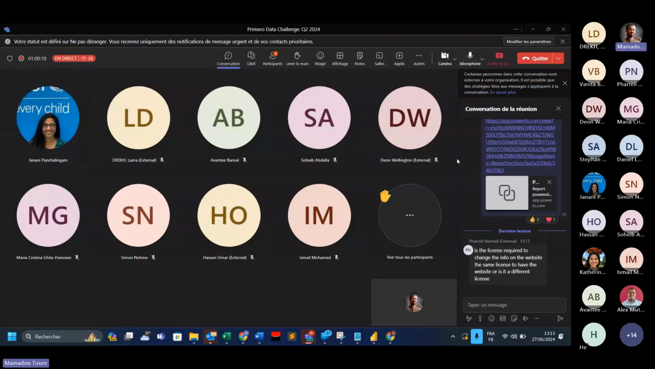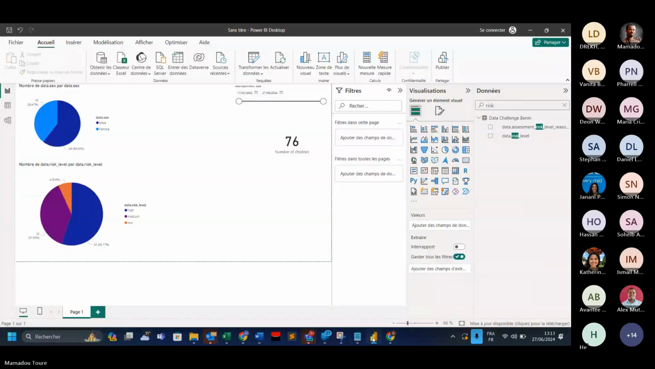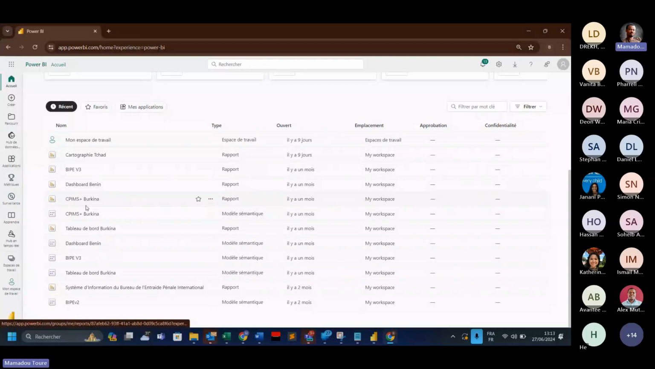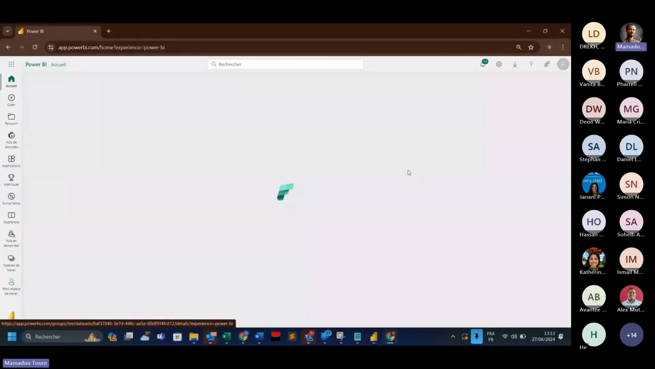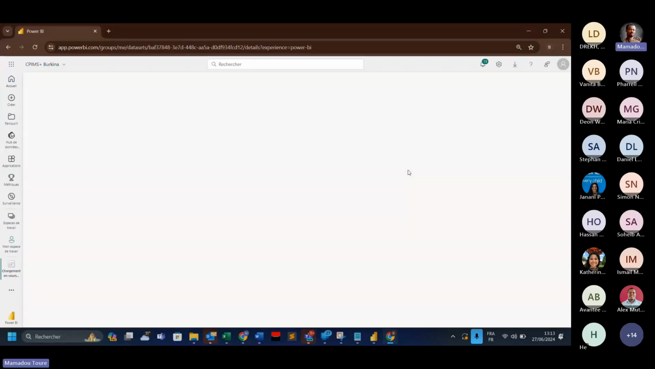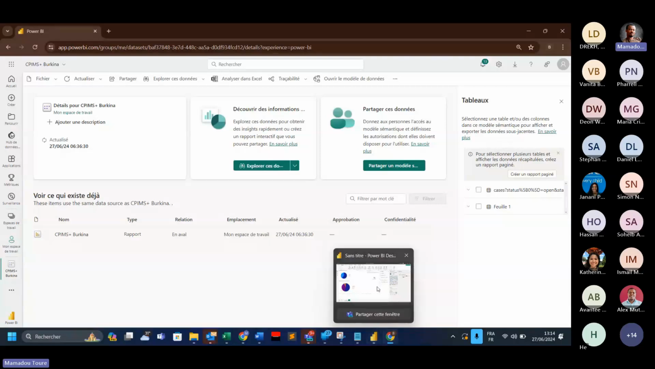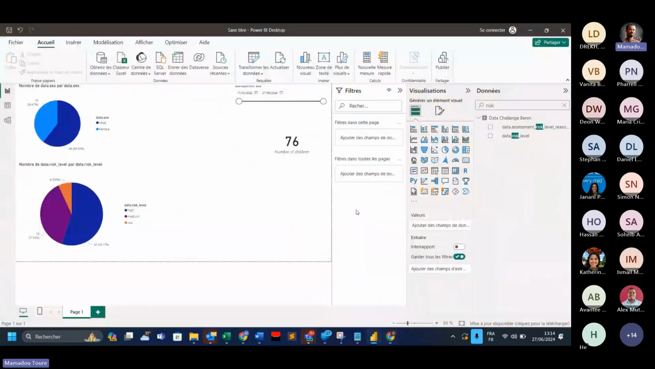Okay, thank you very much, Jan. For the license, it's only to modify your data, make the update automatic, and publish it directly online. This is why you need, for example, the license. And if you do not have the license, it's possible for you to update all your data directly in Power BI Desktop. You can develop all your different elements, but